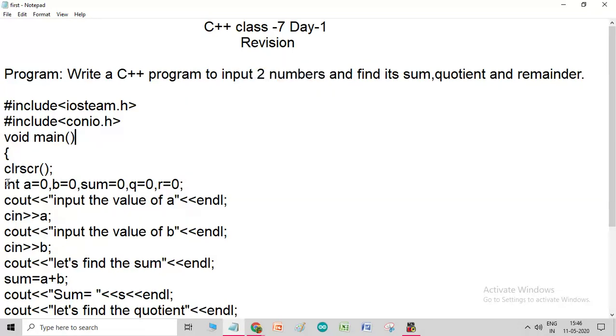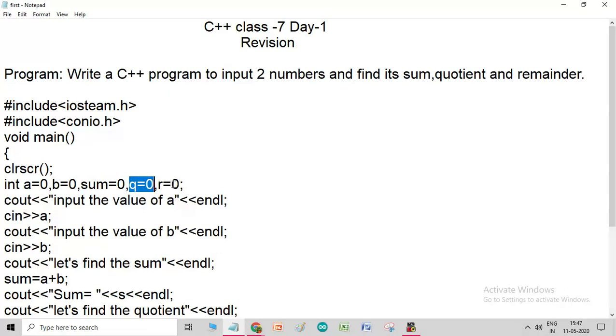I have taken the data type integer, int, as you know, then two variables for the two numbers. Then we have to find the sum, so I have taken sum as a variable where we store the answer of the sum of two numbers. Then q, quotient, where we store the answer for the quotient.